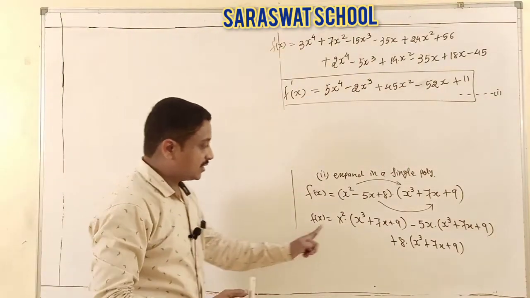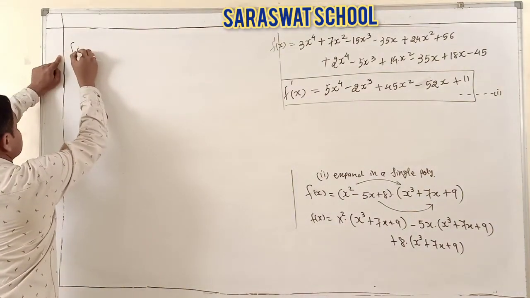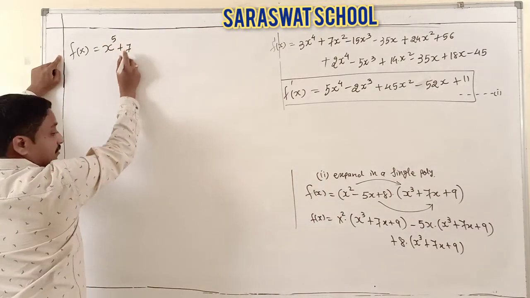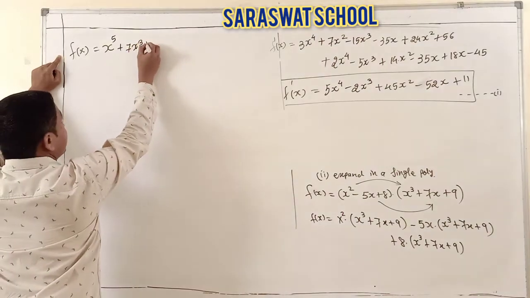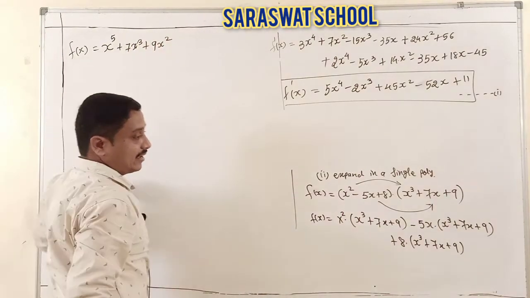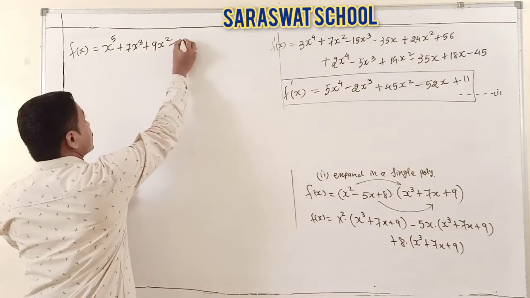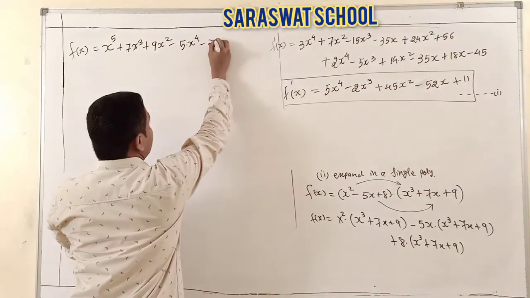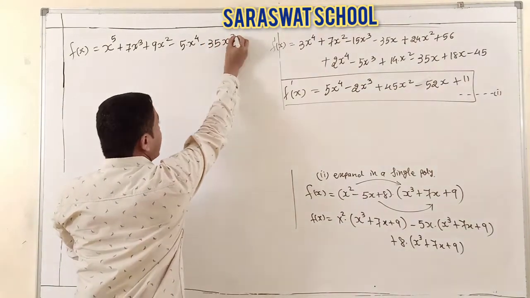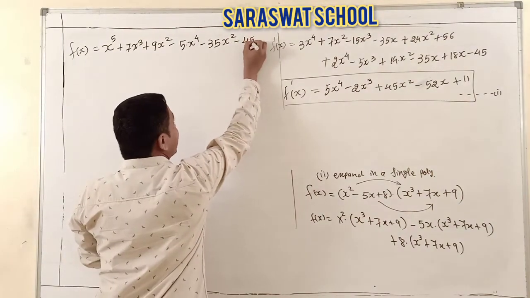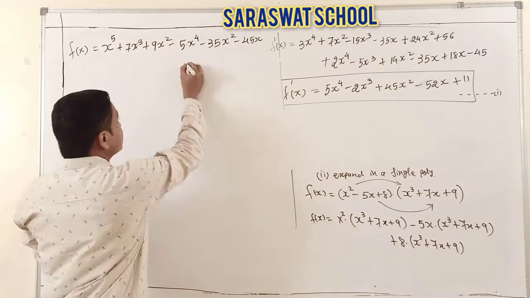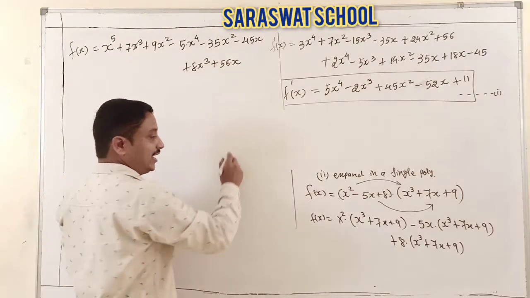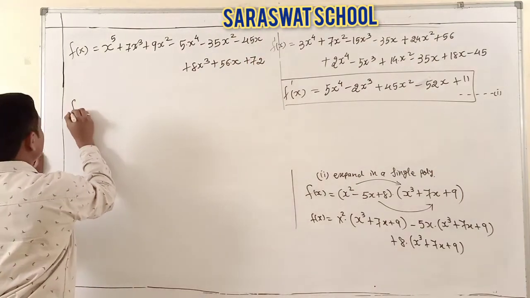So this expansion now starting here: x raised to 2 and 3, 5, 7 times 2 and 1, 3, 9x square. Now here minus 5x raised to 3 and 1, 4, minus 35x, and x square, 9 times 5s are 45x. And last times 8x cube, 7 times 8 are 56x and 8 times 9 are 72.